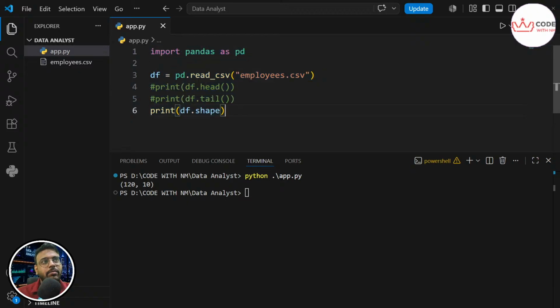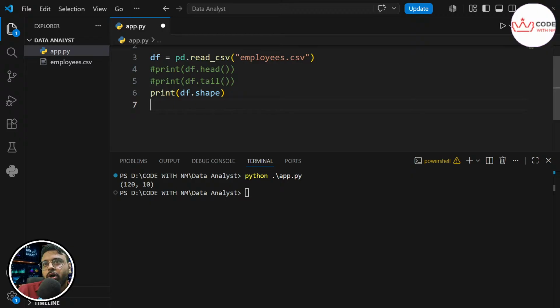Okay, no worries. Tamin, your answer is right for head and tail, and I will continue with the further things. If I am only interested to know what are the columns inside my data. See, I've already shown you the Excel, that's why you know all the columns. But in the real world, we never open Excel. So how do we know what type of data is there? To know it, we do df.head or df.tail. It will show me the type of data, and of course whether my Excel file or CSV file is loaded in my Python code or not. So two things are confirmed: the type of data, and the loading of the CSV file.